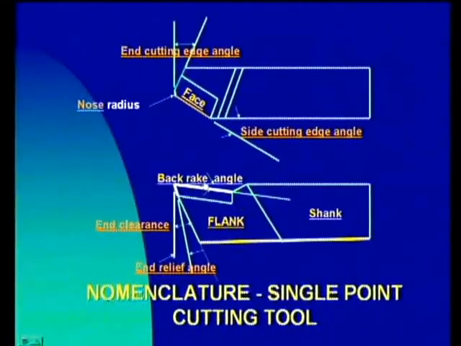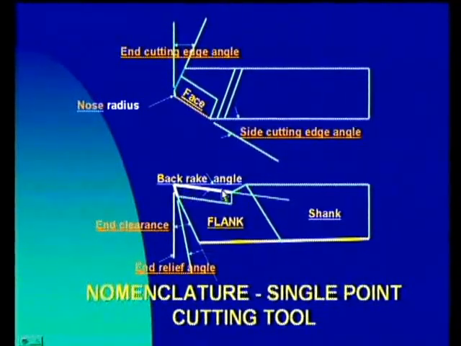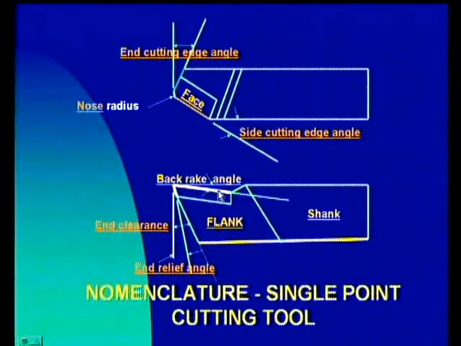Here this is the back rake angle, this is the face, the line it is showing as the cutting edge, actually side cutting edge, but this side cutting edge is having the face of the cutting tool. And if you take a line parallel to the base like this, this angle subtended between these two, the side cutting edge and a line which is parallel to the base of the tool, is measured in a perpendicular plane passing through the side cutting edge.